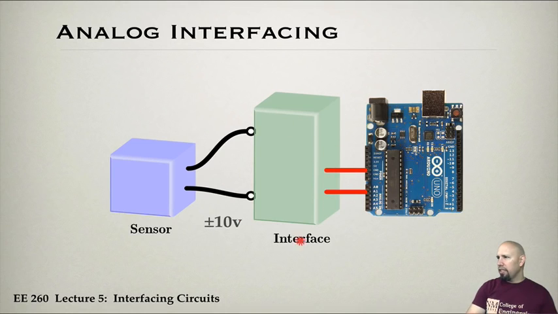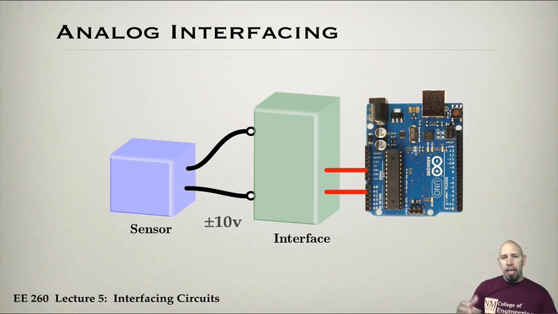Our interface takes these signals, and it may have additional signals, for example a power connection. So the idea is, what kind of circuit would we put in here to make all of this work compatibly, so that we don't have to worry about frying our Arduino, and so that we use the full range of the